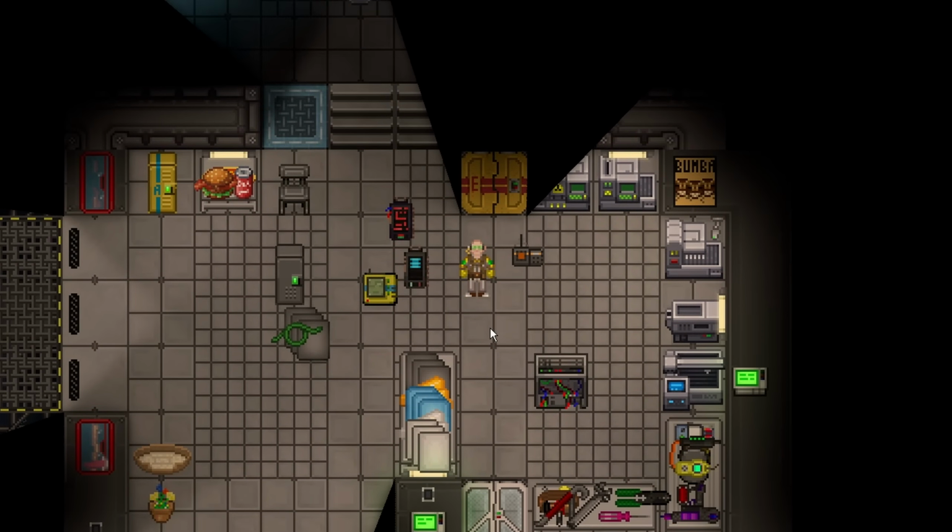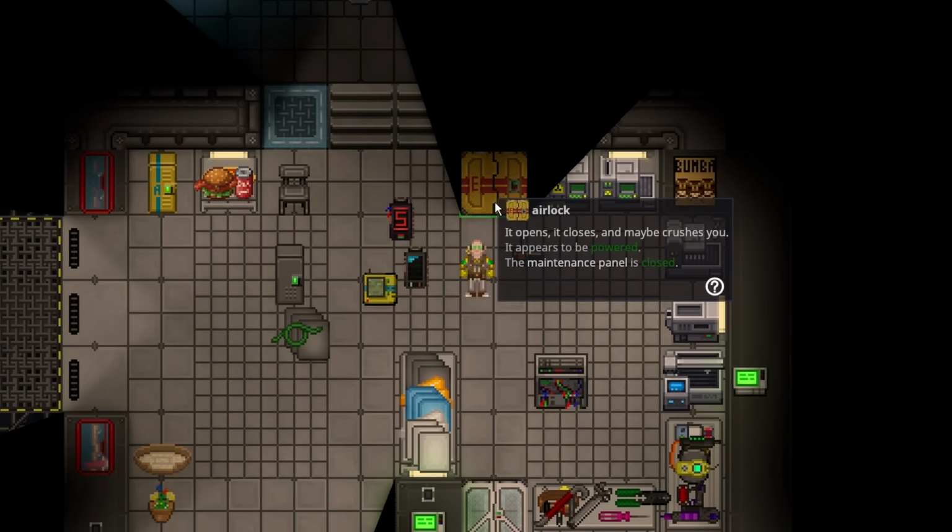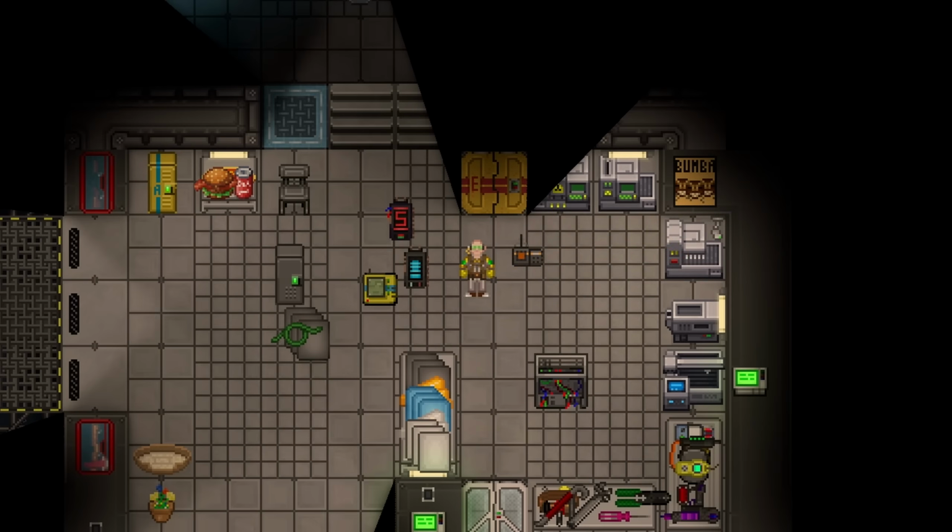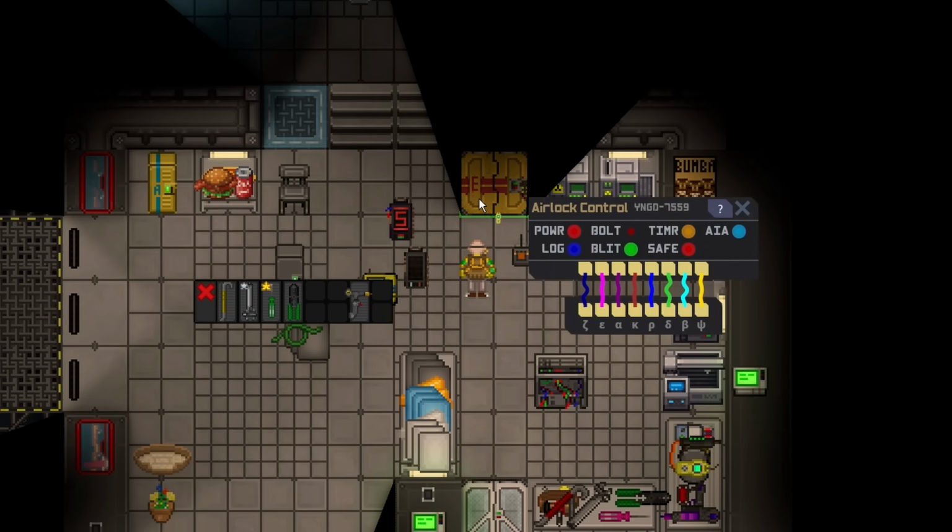However, if you are building a new door, or just don't have access to the access configurator, airlocks and doors in general can still have their access changed. Secure lockers and stuff, you're out of luck, you need an access configurator. But if you're making like a private room or maybe something devious, we could just deconstruct the airlock and go from there. To deconstruct an airlock, you first have to open the maintenance panel with a screwdriver, use a multi-tool,